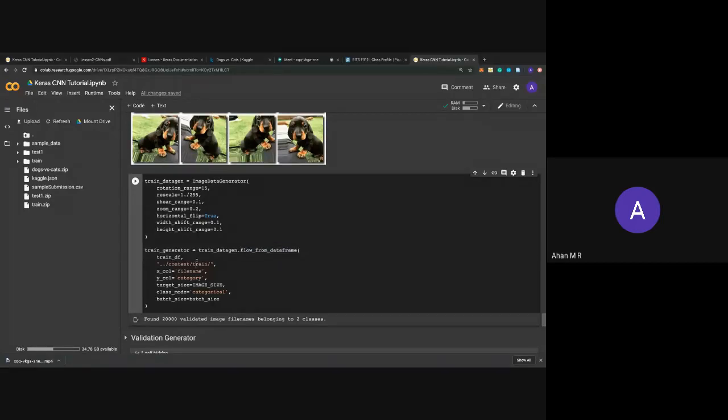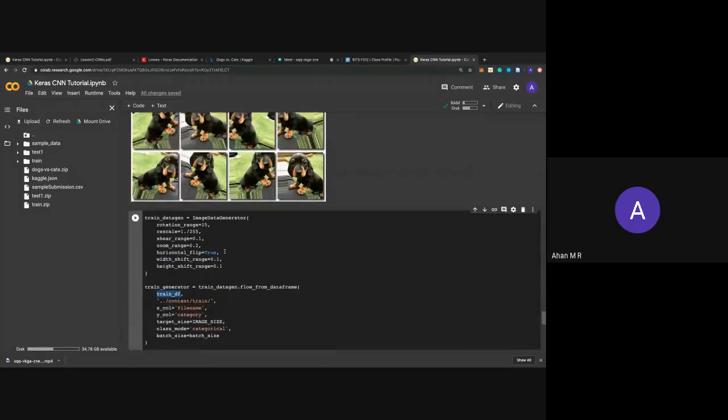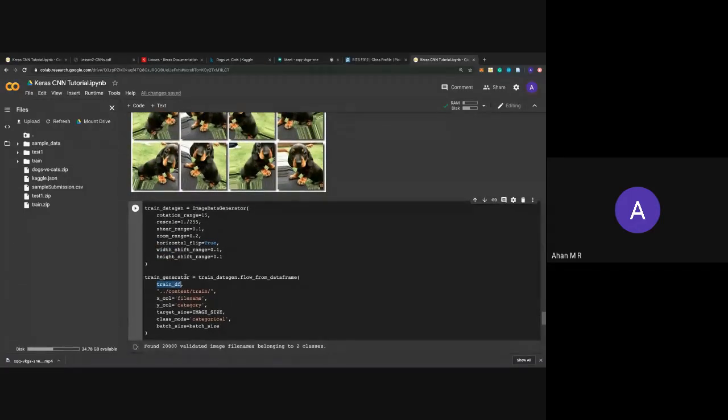So I'll explain how exactly you give data here. The data frame which we generated on the top, the cat and dog data frame, you input it using this particular function. There's also something called flow from directory, in the sense if your data frame does not have the labels, and your train set already has directories, like there's a cat folder, a dog folder, a monkey folder. So you can flow it directly from directory then. So there are two different possibilities for image data generator. And again, I suggest you use the Keras documentation to go through it.